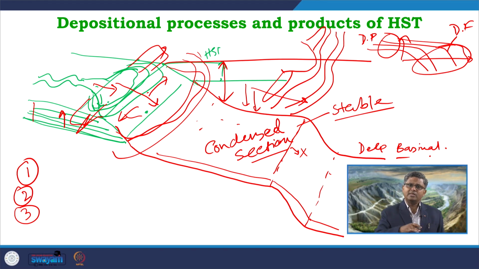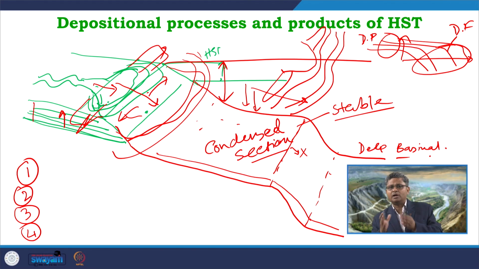So, definitely when this is going on, the sediments are supplied at high rate and these sediments are distributed along the strand planes. So, strand planes are also developing very well and they are also prograding. So, the fourth characteristic is the progradation of the strand planes, progradation of the shoreline, progradation of the entire shore system.